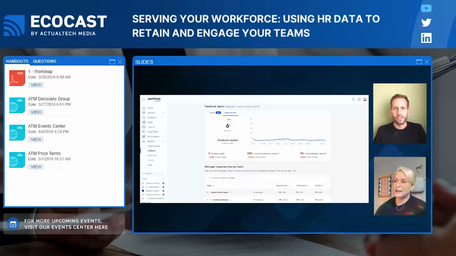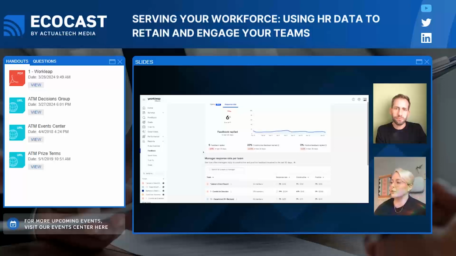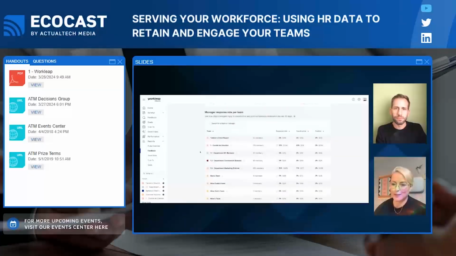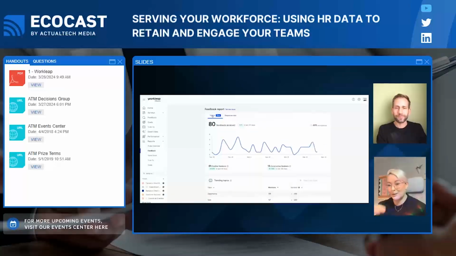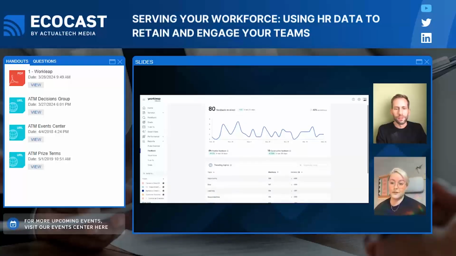Yeah, I think that on the day-to-day, when we're looking at things like the feedback response rate, we want to use a tool like this not to single out managers that maybe haven't responded to feedback, but when we have things like the topic report, this is where we can take those topics and share them at the organization level. We want to be very sensitive with feedback, so I wouldn't recommend sharing feedback that's been given at a town hall, for example, but we can use things like the topic report to take action.